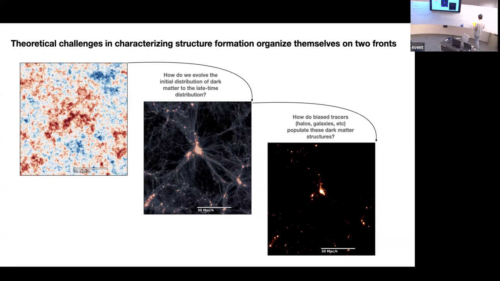And so what you get is that the linear displacement is just intimately related to the initial distribution of density fluctuations. The initial kicks that dark matter particles get in the very early universe are just related to the initial distribution of density fluctuations, but now they're all just going to move straight. And so this is actually really non-trivial, because it turns out that the relationship between the density at late times and the displacements at early times is really given by this Jacobian in some way. So this is some really nonlinear relationship between the late time density distribution and the early time displacements.